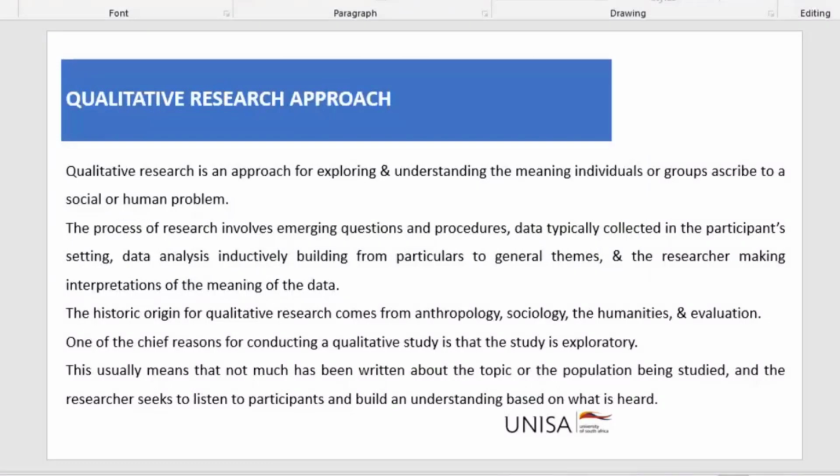I'm not going to take you through the different types of mixed methods in detail, but it's important to understand which one you are using. Is it convergent, where you want to converge or merge the qualitative and quantitative data to provide a comprehensive analysis? Or is it explanatory, where you first conduct quantitative research, analyze it, and then you build on it using qualitative research? Or exploratory, which is the